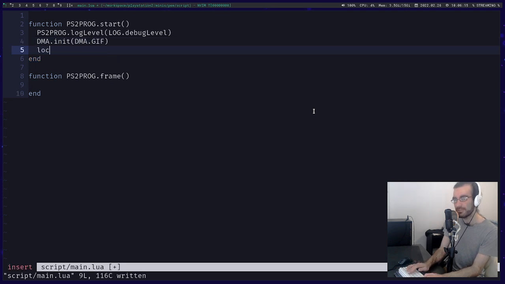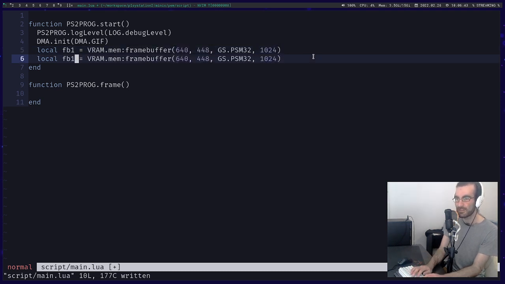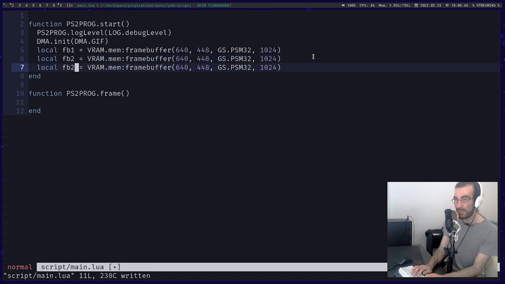We need to create some frame buffers. So we're double buffered. We need a frame buffer 1. And we get this by allocating VRAM memory, frame buffer. We use 32 bits per pixel in our frame buffer for some reason, and I think this should actually be 1024. This is our alignment, so we, in memory, get something aligned to this many bytes that can hold something of this size. We do the same thing for a second frame buffer,